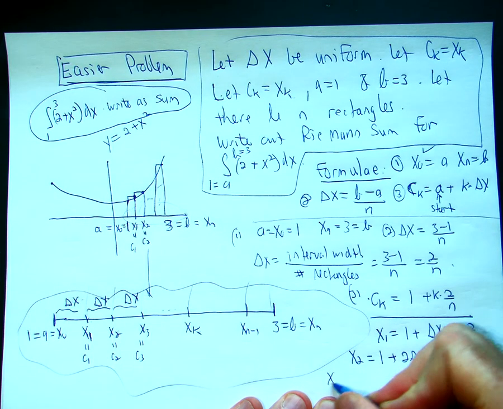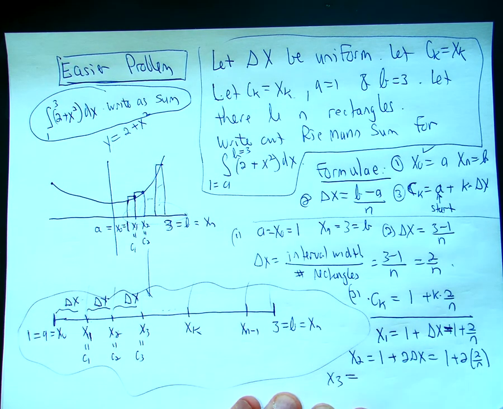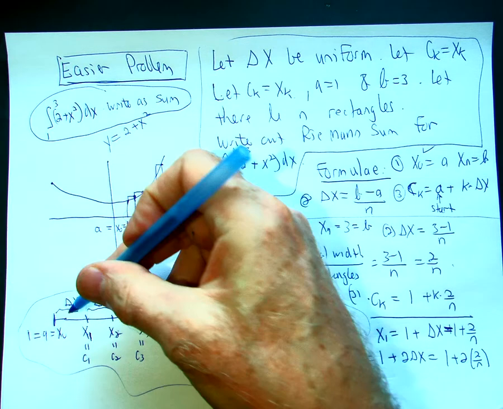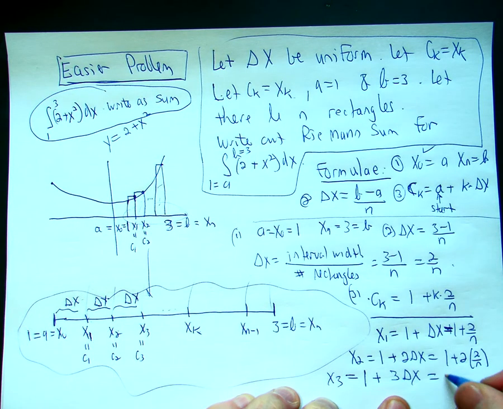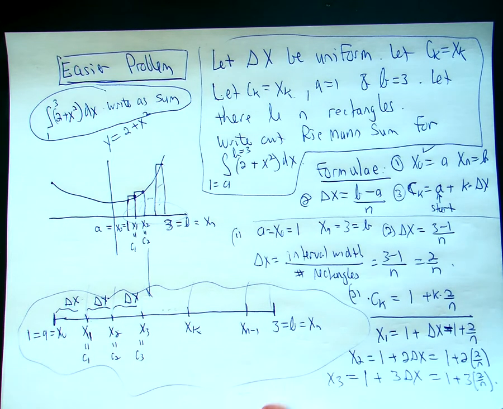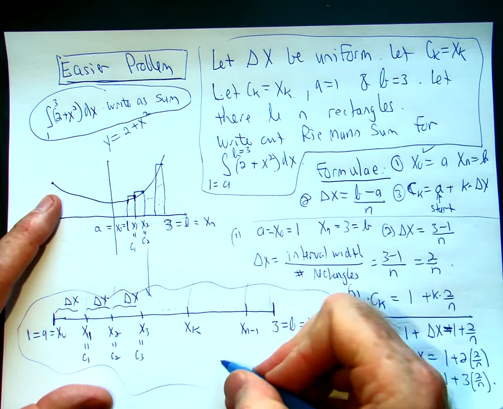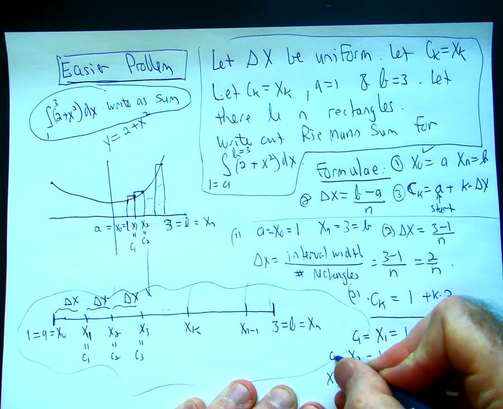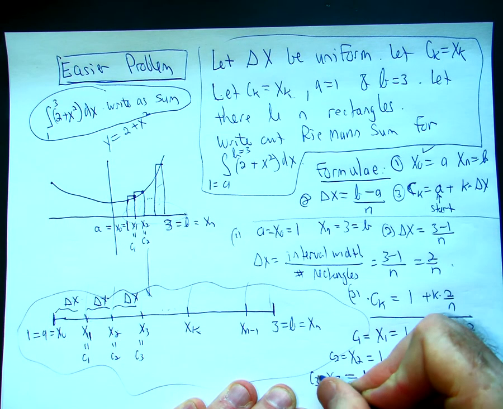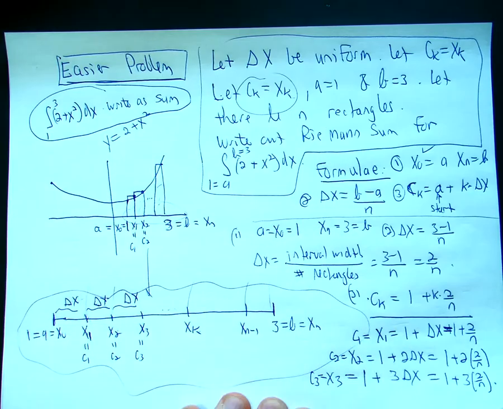x3, same thing. Start at 1, I count 1, 2, 3, and I get 3 delta x's, and that's going to be 1 plus 3 delta x, 3 times 2 over n. So I keep going. And I should mention that we're drawing the rectangles at these x values based on this. So that's it. Okay. So to get to ck,